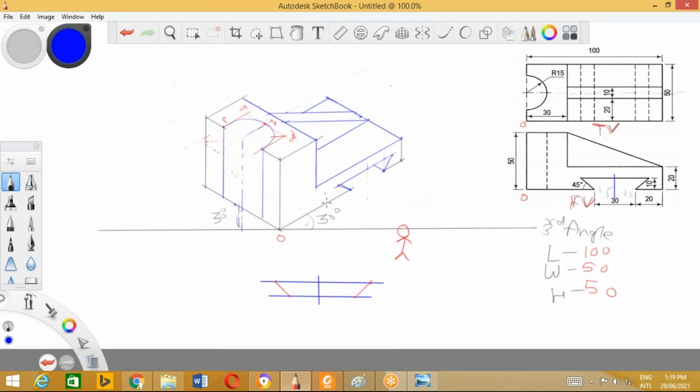But it shows that there is a curve. The same type of curve is there below, because in the top view you can see there is no line. So the semicircular curve is there on the bottom surface also.